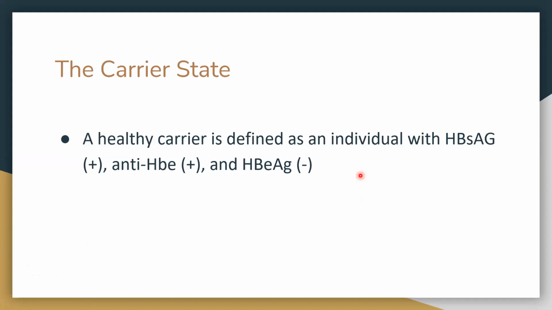Carriers, as defined by Robbins, are individuals who carry one of the viruses but have no liver disease, or those who harbor the virus and have non-progressive liver damage but are essentially free of symptoms or disability. And they are defined as an individual with positive HBsAg, anti-HBe, and a negative